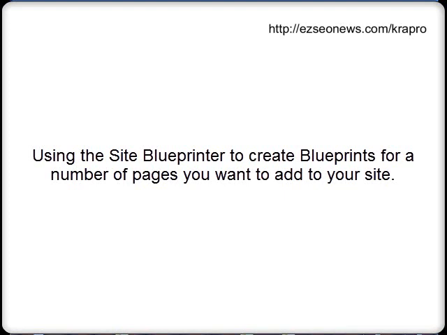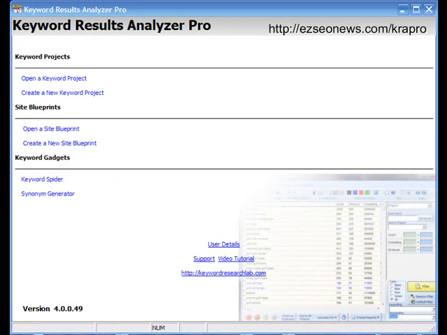Right, let's assume you already have a website and all you're wanting to do is to add some new content to that website. I want to show you how to use a site blueprint to do just that. Just because it's called a site blueprint doesn't mean you have to create a blueprint for an entire site. All we're going to do is create a blueprint for a section of a site or a batch of articles